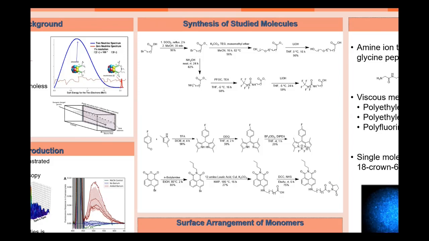For the BODIPY synthesis, one of our fluorophores will start with 2,4-dimethylpyrrole, 4-fluorobenzaldehyde and TFA. Then we'll use DDQ to oxidize one of the amines before the use of boron trifluoride etherate to give us boron dipyrromethane, or BODIPY. For naphthalimide synthesis, another fluorophore will use 4-bromo-1,8-naphthalic anhydride and n-butylamine to create a less reactive tertiary amine. Then we'll use 12-aminolauric acid and NHS to bind to the glass slide for our dry phase